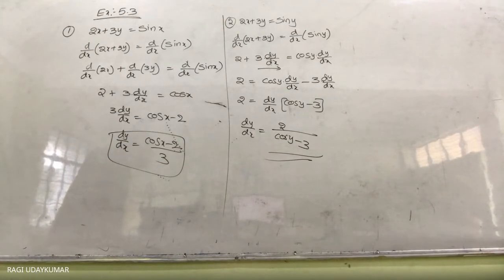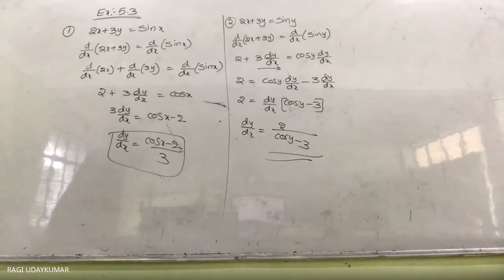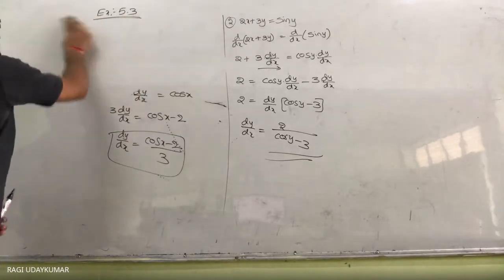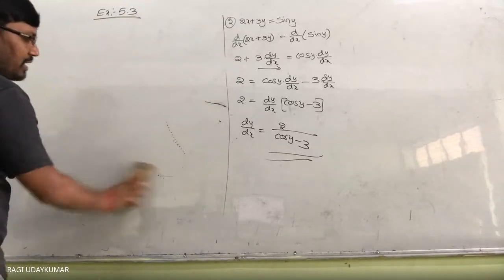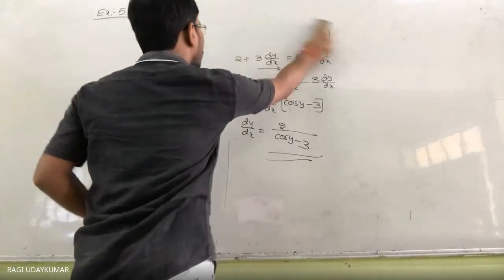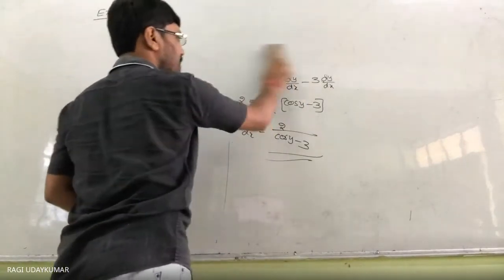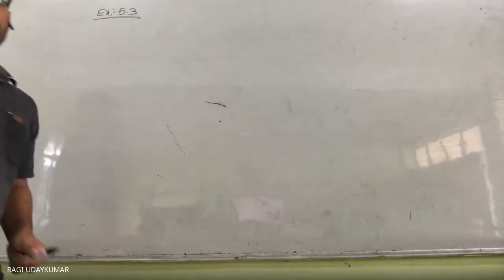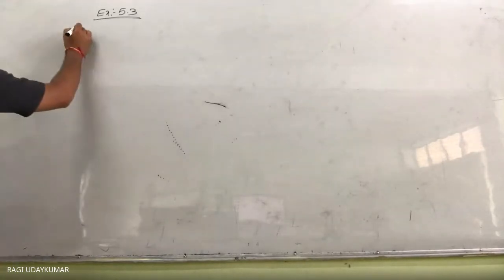So this is the derivative dy by dx of the given function. Did you understand here? So the third problem is given to you in the same way. ax plus by square is equals to something is given. So you can solve it, I think. Both sides you need to take the derivative. Sorry, ax plus by is equals to cos y is given to you. This problem, I think you can do it. It's not more difficult for you. I'm moving to the fourth problem. A little bit you may feel it is difficult, but it's not difficult.